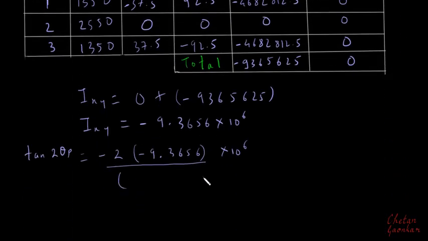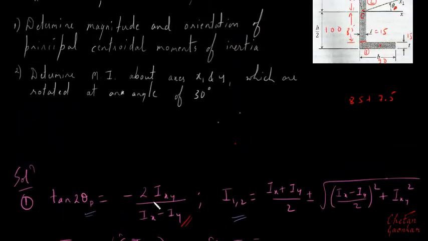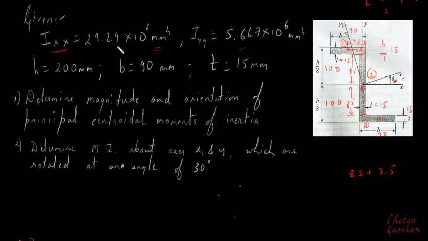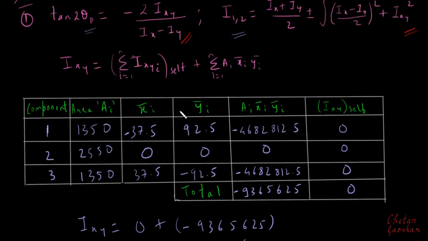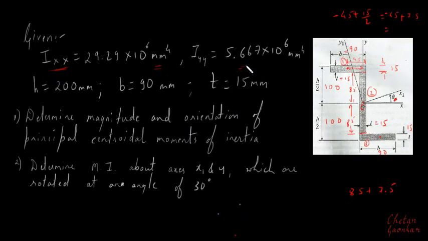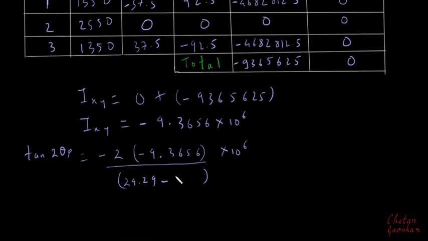These values are already given to us, so that is 29.29 minus Iy. Iy is 5.667, and again this is multiplied by 10 to the power 6. So I can cancel this value and this value. Therefore, theta p will be